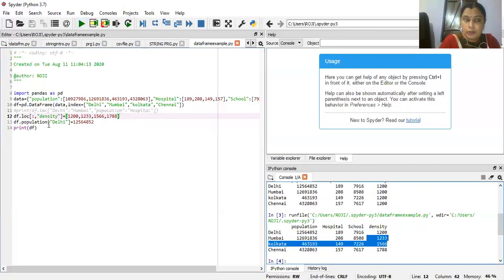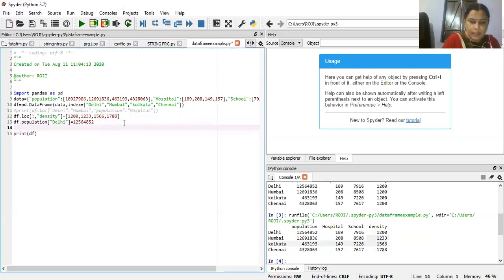Now if you want to delete the density column of the data frame df, we use the del command. To delete a column from a data frame, we use del, then the data frame name df, and under square brackets we write the column name.